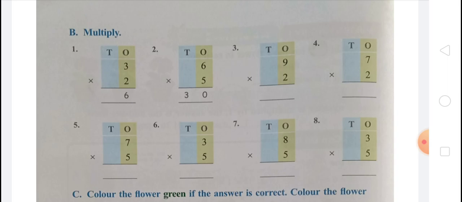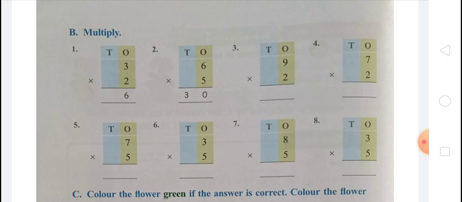Next question, question number 7, is we have to multiply 8 by 5. So we have to read the table of 5, eight times: 5 ones are 5, 5 twos are 10, 5 threes are 15, 5 fours are 20, 5 fives are 25, 5 sixes are 30, 5 sevens are 35 and 5 eights are 40. So here will be 40. On the tens place will be 4 and on the ones place there will be 0. So 4 tens 0 ones make